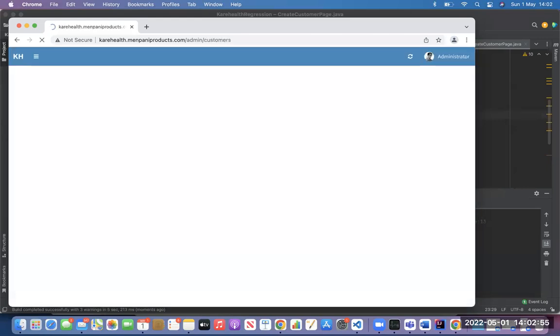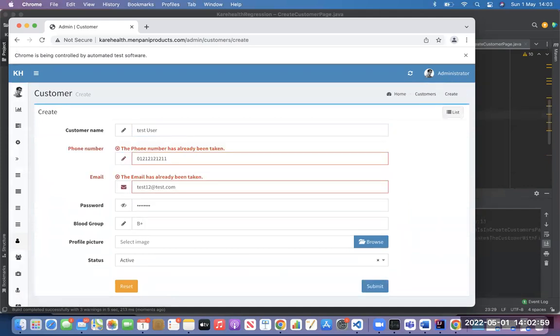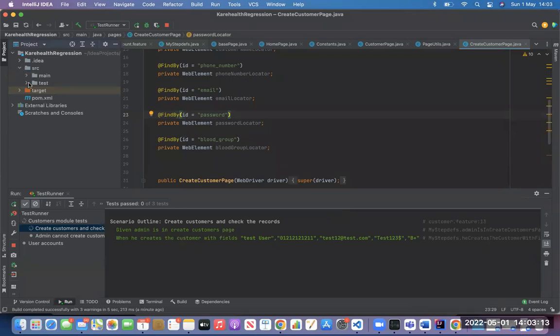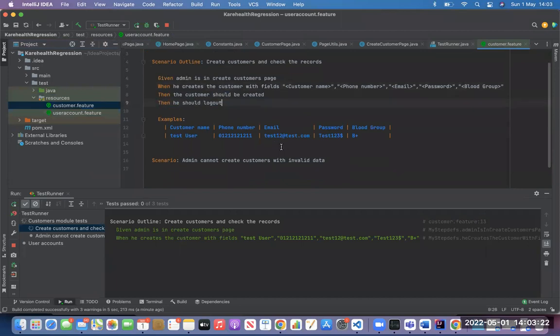Chrome? No, it's not Chrome. Chrome is the platform. Who is actually doing this work? Who is entering the data? Can you guess? Code? What is the tool that is actually entering the data and opening the browser, doing some work for us? Who is that? IntelliJ? No.